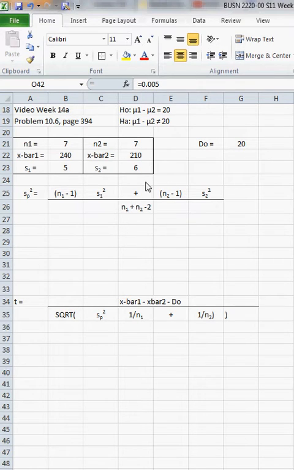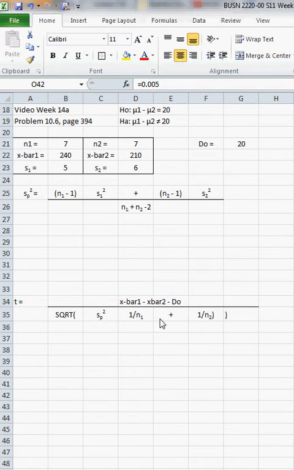Once we get that little baby calculated, we can go ahead and calculate the t statistic, which is the difference between the 2 sample means. Take off the D0, the difference that we're interested in. A lot of problems we'll do this week, and homework, by the way, says D0 is 0, but they'll just for fun put in 20. It's just sort of a bias, an offset. And then you divide that by SP squared times (1 over n1